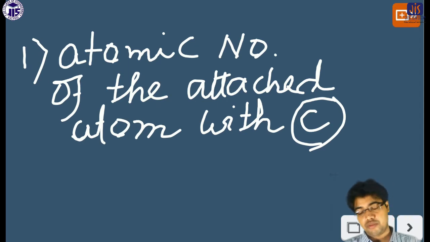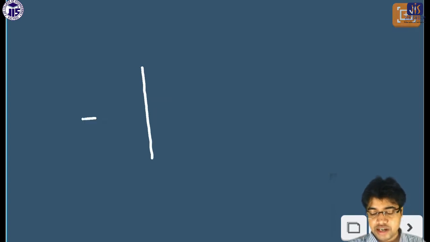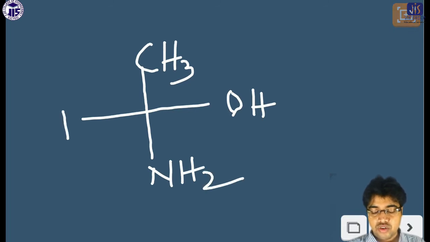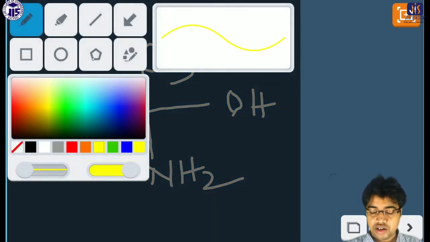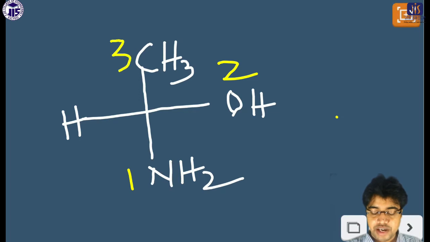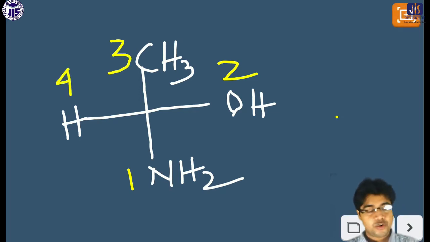For example, I can give you one example, then it will be more clear to you. Say the example is CH3, OH, it may be NH2, it may be H. So how can we give the priority order as 1, 2, 3, 4? Obviously NH2 will be 1 because NH2 has the higher atomic number. Then 2, 3, or you can give ABCD also. Here is the 4. Directly look here, their atomic numbers are different; atomic numbers are the main priority order.